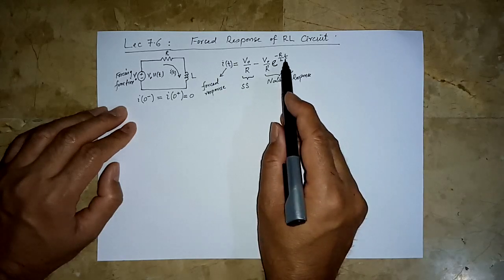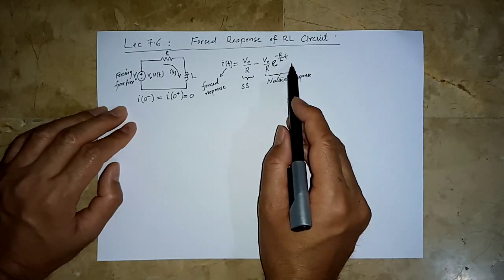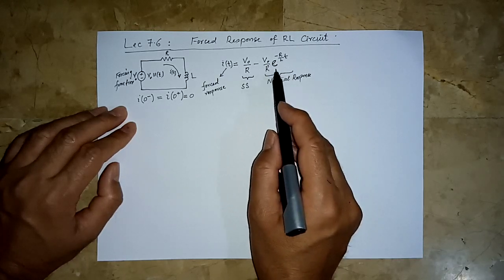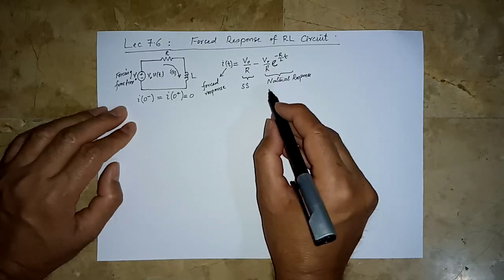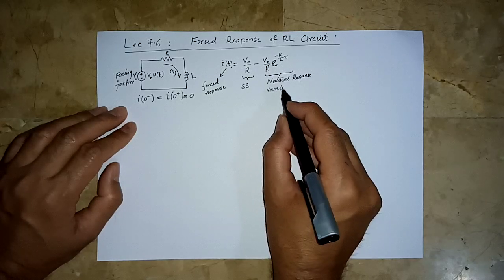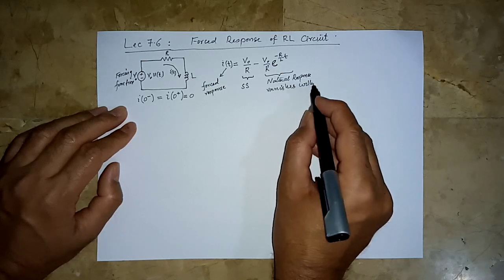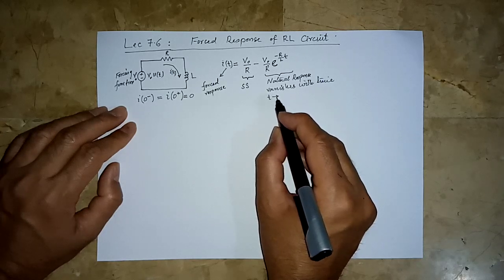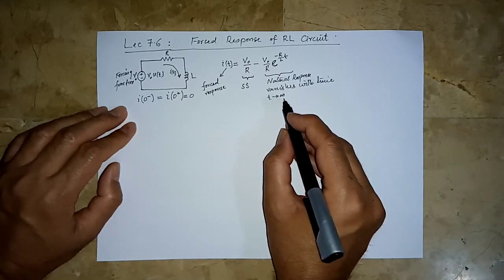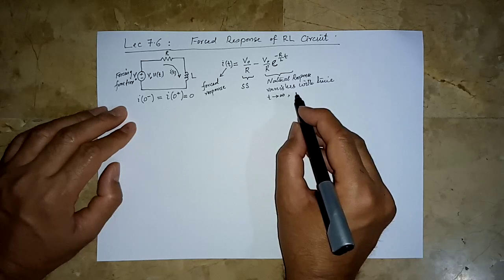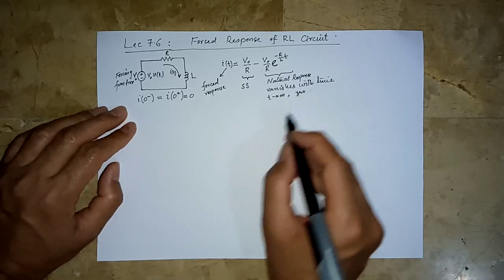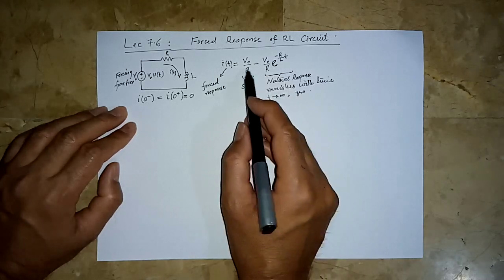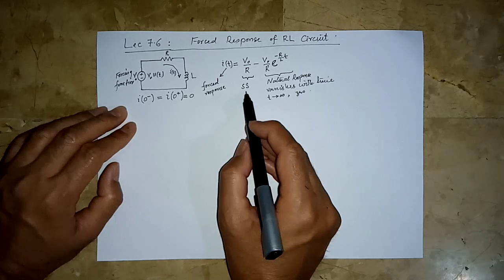But what happens when t is infinity, or a large time has passed? e raised to the power minus infinity is 0, so this term becomes 0. You see, this term vanishes with time. Or if we say the same thing in another way, when a large time has passed, this term becomes 0. So what does this mean? This means that when a large time has passed, this is going to stay. This is the steady state response